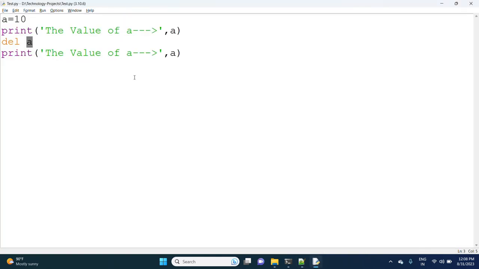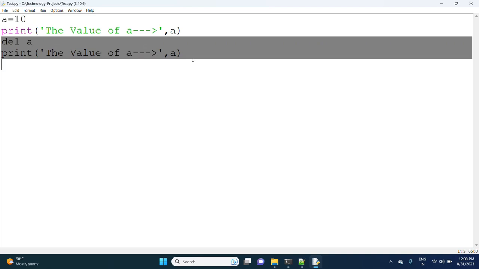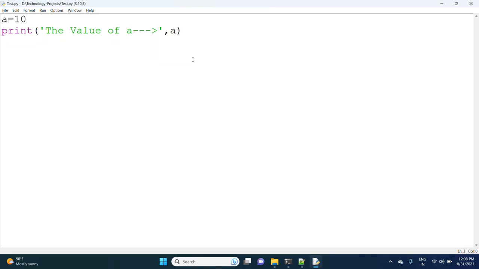observe here first, what I am taking here is a equal to 10. Once the value 10 is completed, what I'm doing is a equal to none. So in this case, what it is doing is, using the variable is completed. So now this object is not pointing to anything, and none is pointing to a. So the variable is there but it is not pointing to anything.